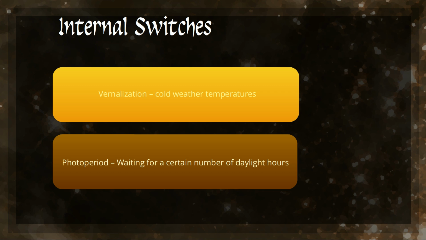It is not just that winter barley can survive colder winter weather, but it requires it. There is a period of vernalization. This is one of two internal switches which must be flipped on in order for the process of flowering and the production of grain to start. The second switch is what is called photoperiod. Barley is a long day plant, having a requirement for a certain number of daylight hours.